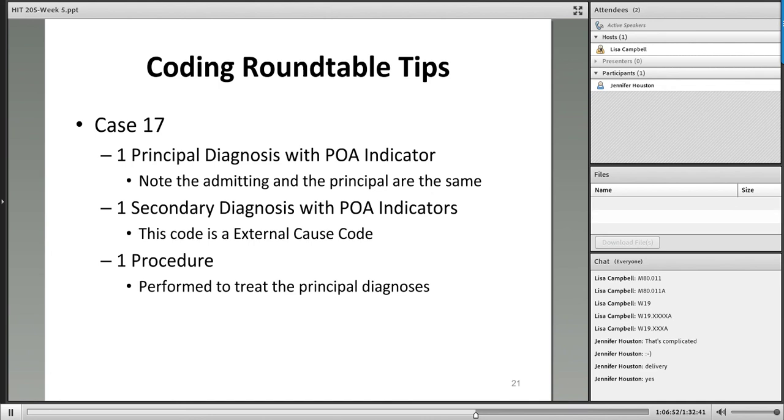Let's see what else I want to tell you. Oh, this patient was at work when a tree snapped back and struck him from the lateral aspect of the knee. We have not really talked about these codes, but I want to talk about them now. We have codes that identify the external cause of an injury. So if you pull out your coding manual,